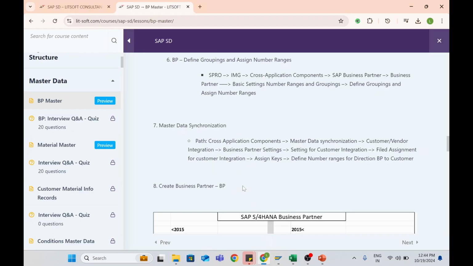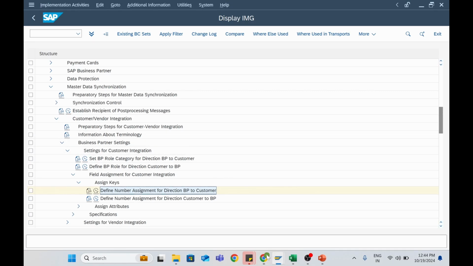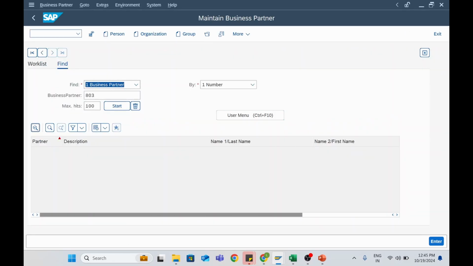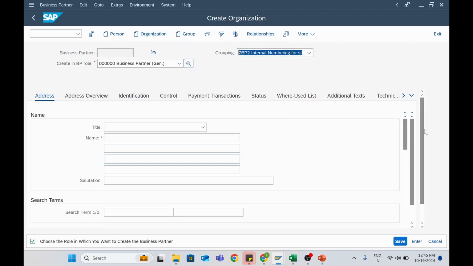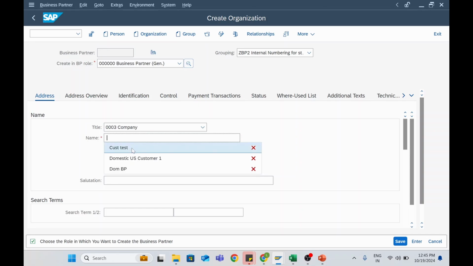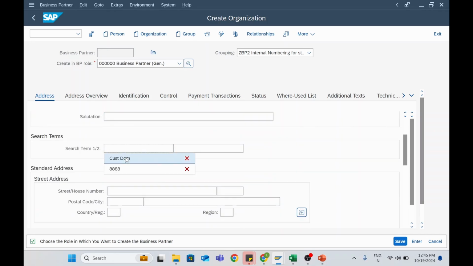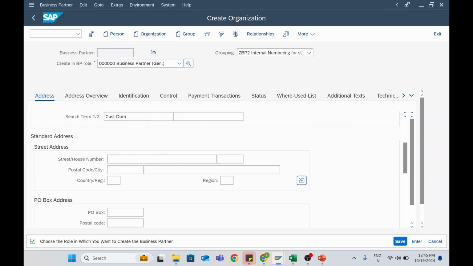Now you need to create BP. Now let me try this one. Click on the BP transaction code. Even if you put XD01, it will go there only, right? And it will direct to BP. Yeah, you can try that. Now let me go for this and customer test. It's okay. And customer domestic, this one, let's say,